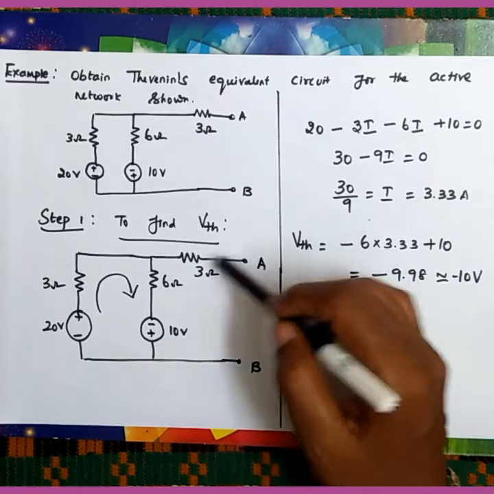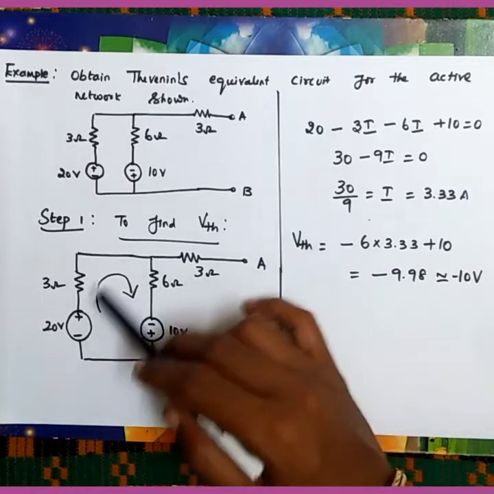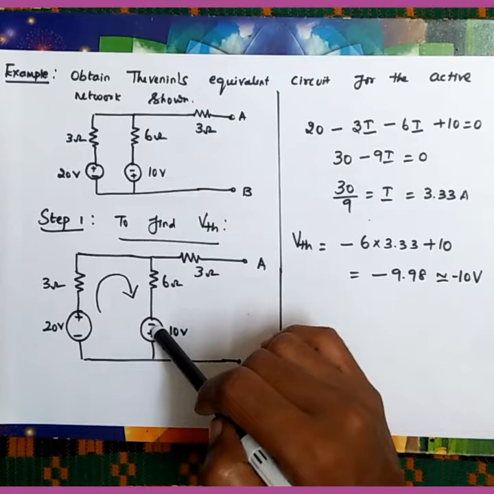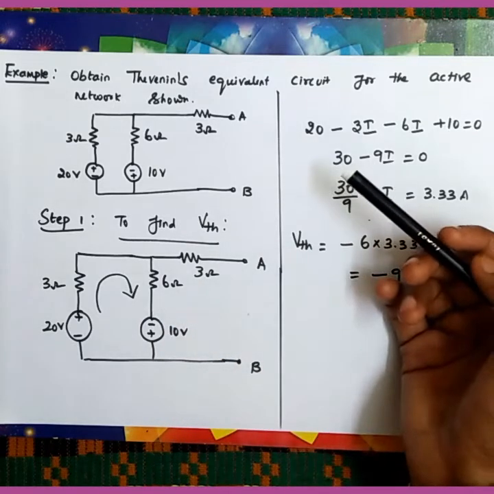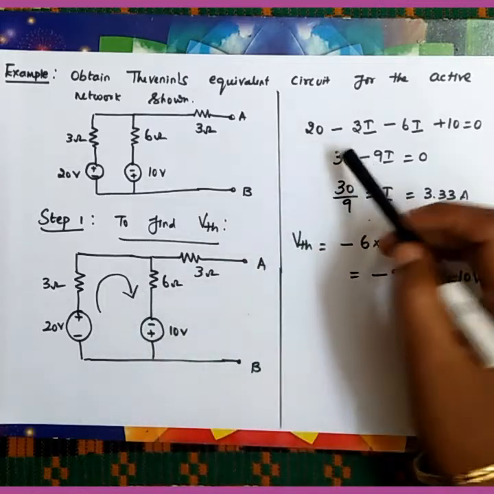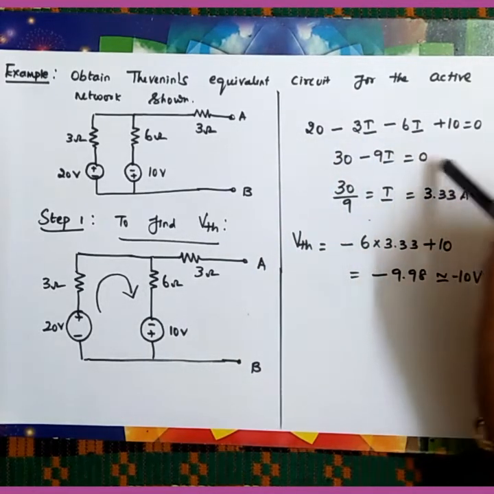As I said, to find the voltage drop we need to know the current. Since we have only one closed circuit, we cannot go with Cramer's rule and apply the mesh method. We have only one closed circuit, so I am going to use Kirchhoff's voltage law and write the equation.